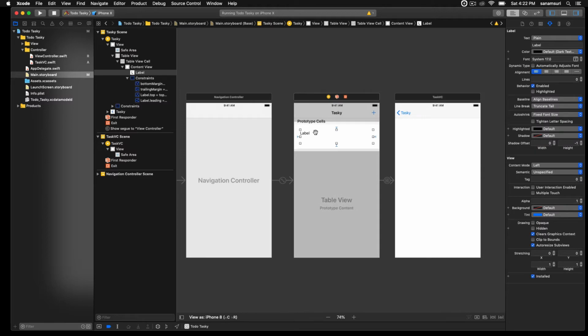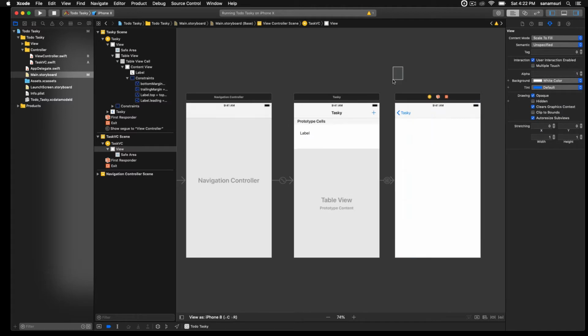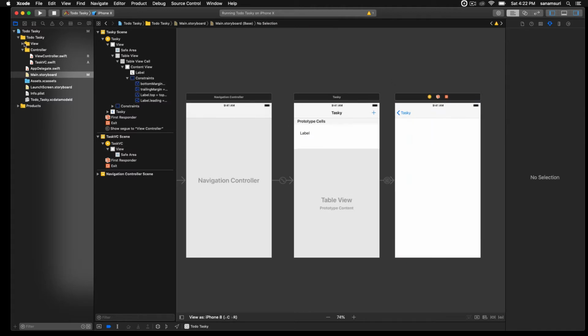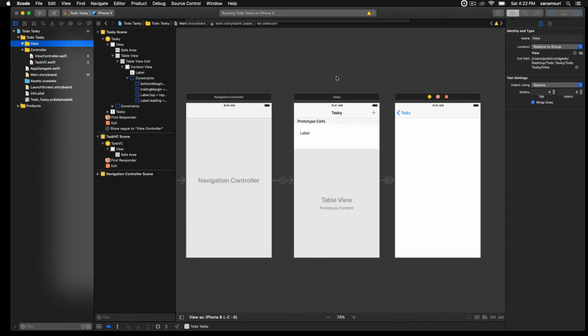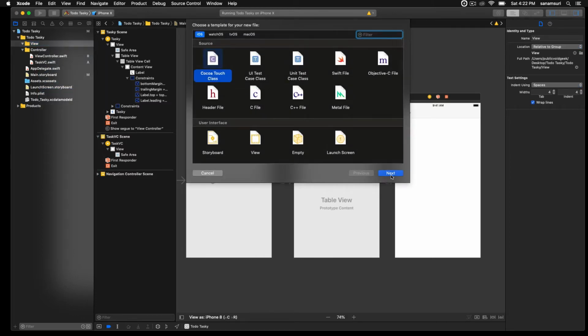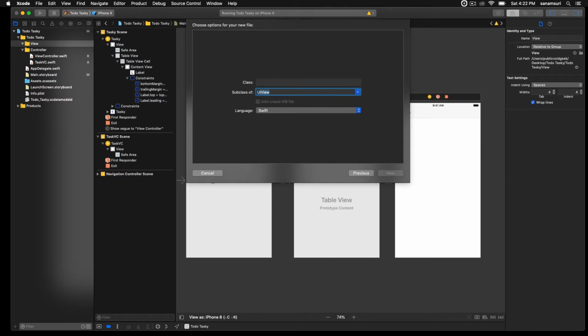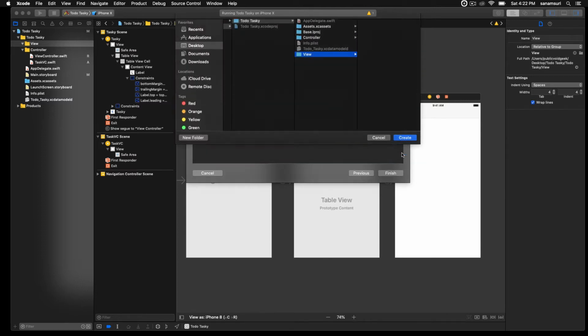The whole idea is that the task will be displayed inside this label, and the task will be added from this second view controller, right? So in this view, let's create a new file and let's call it the UI table view cell, and table view cell is fine for now. And let's create that,